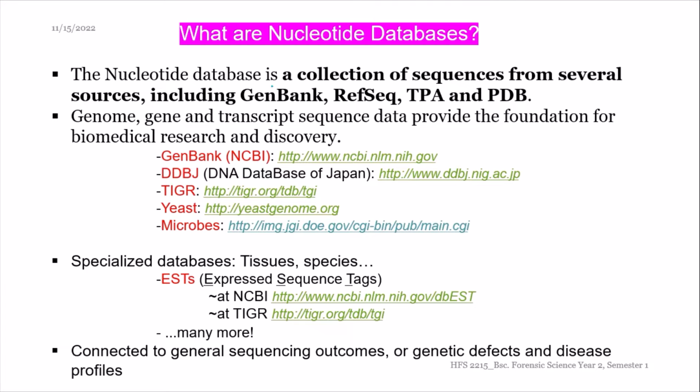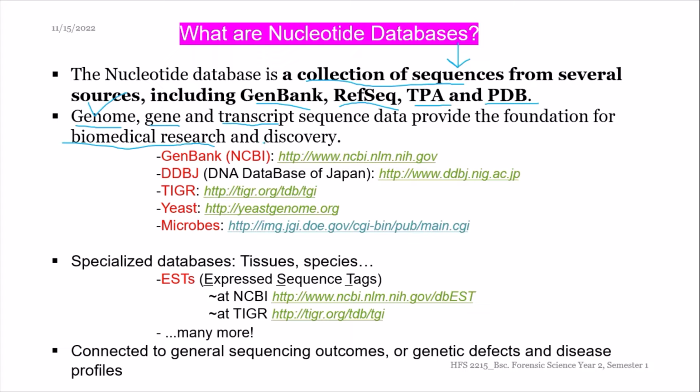The nucleotide databases are a collection of sequences, full or partial, that usually will be stored in places such as gene bank, reference sequence banks, TPA, protein data banks, and they consist of genomes, like the whole of the genome of human beings, the genome of plants, genes, the various genes that are responsible for production of functional products within the system, and then transcripts such as mRNA and other RNA,